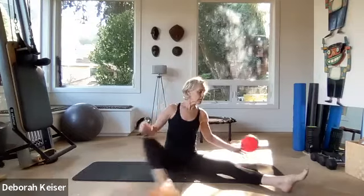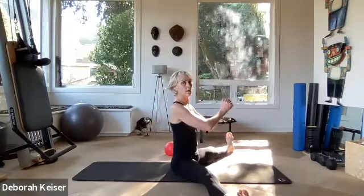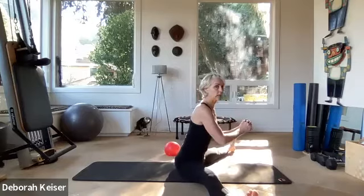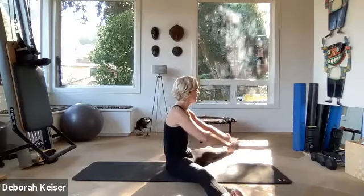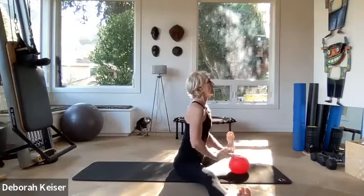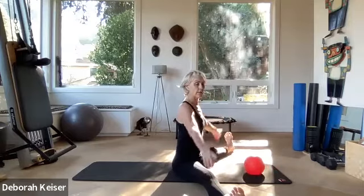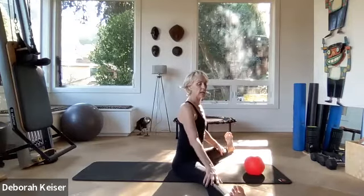So at the risk of sometimes feeling like you're falling backwards, we don't want to be here, we don't want to be here. Just sit up nice and tall. Take your ball in front. We're going to use that ball as a rolling device. So toes reach up to the sky,